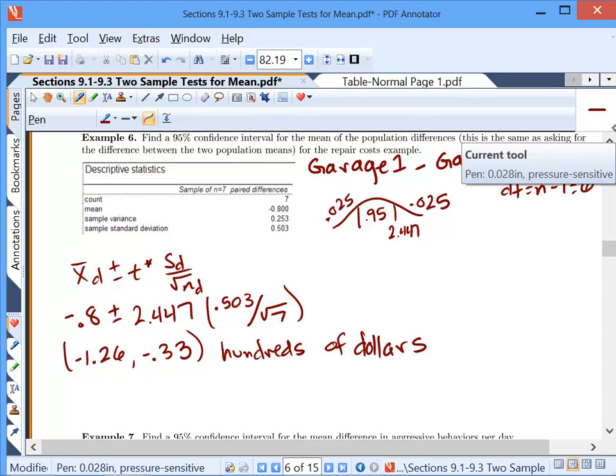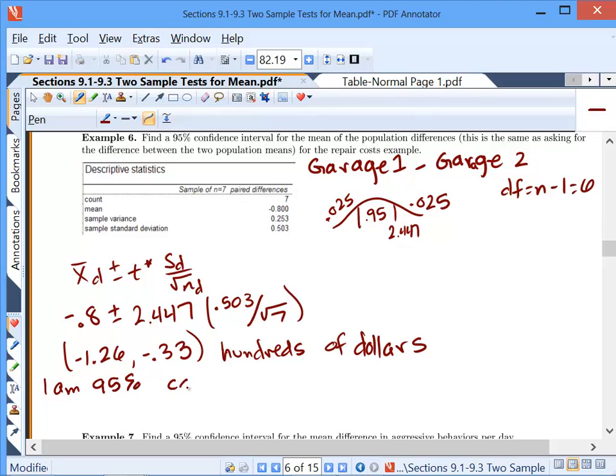Okay, so we had garage 1 minus garage 2. So if we're getting negative numbers, which one of these garages charged more? Garage 2. Garage 2 must have charged more because it must have had higher value. So because I got these negative numbers, it must have been that garage 1 was small, garage 2 was bigger. So I could say something like,